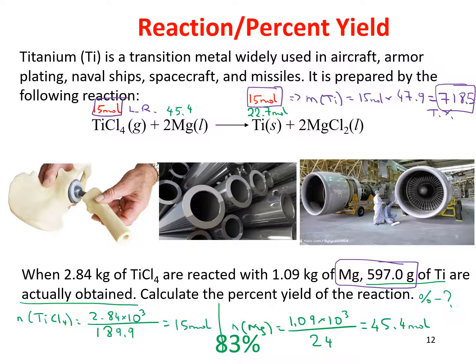That's the theoretical yield, but now it tells us that the actual yield, what was obtained, was 597. So the percent yield is going to be 597 divided by 718.5 times 100%. So that's 83